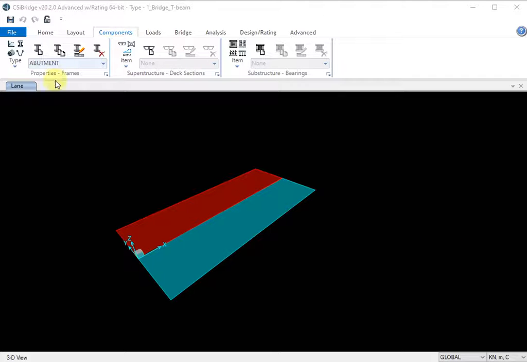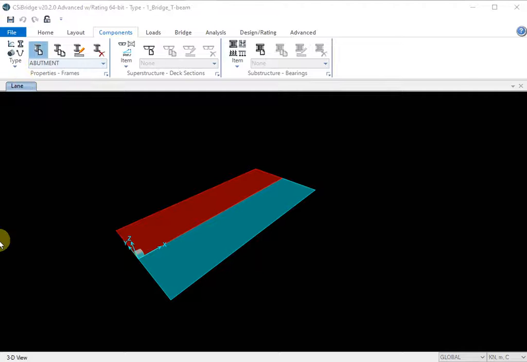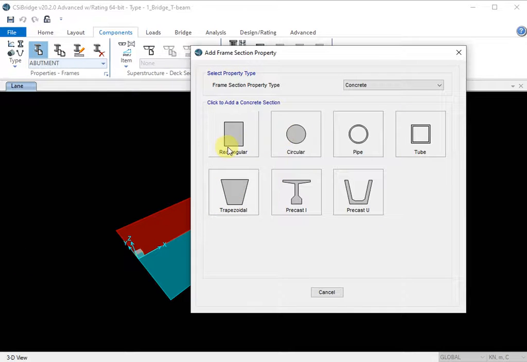So next you define the frame section properties. You define the cap beam. So cap beam is nothing but lateral beams which are going to support your girder, and those lateral beams will also act as the cap for your pile, and you define the rectangle. It is a beam.